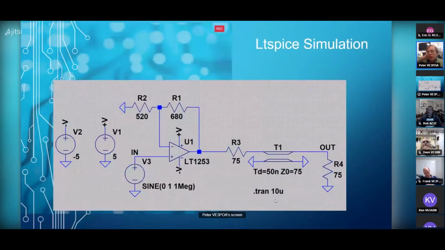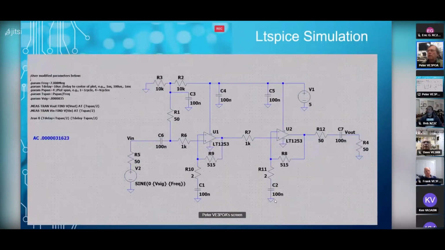So just to do a quickie here with the LT1253 chip, one thing that's nice is the LT Spice has a simulation circuit in there, and you can see it's set up there with the transmission line and 75 ohm impedances due to the video amp stuff. Dave did an LT Spice for the LT1253, and that's the circuit there that I put on. We've been testing over the last couple of weeks, and thanks to Dave's presentation last month